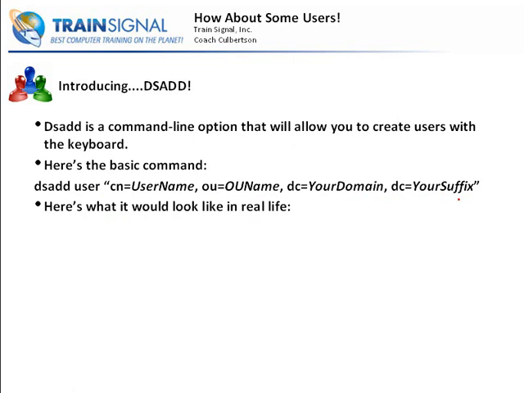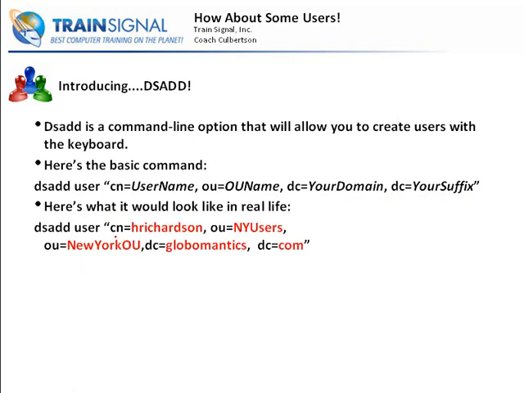Now here's what it would look like actually in real life. It would actually look like dsadd user cn equals Hank Richardson, which is the username, OU equals NY Users, OU equals New York, DC equals Globomantics, DC equals com. If I was to create Hank's account via the command line, this is exactly what I would type. Now you notice here I have two OU entries. Right? Remember how I was talking with you about how we have a child OU? Remember how NY Users is the child? Well, that old adage, women and children go first. Well, in this case, child OUs go first in our distinguished name entry. Right? So we have the child OU, the parent OU, New York, and then we have the rest of